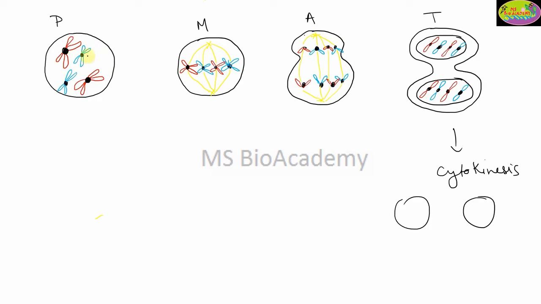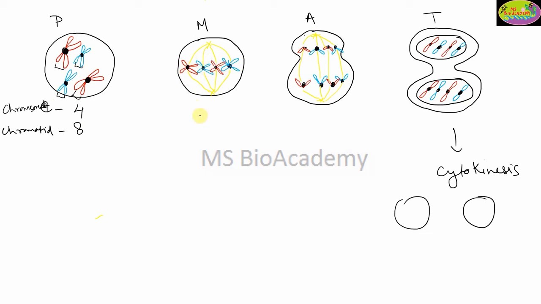Right, so here you can see these are the homologous chromosomes which are being shown here. So if we talk about the number of chromosomes, let's try it together. You can see here 1, 2, 3, 4 centromeres, so that means the chromosome number is 4, and this is your chromatid number. And what about the chromatids? You can write 2 plus 2 is 4, 6, 8. So chromatid number is 8.